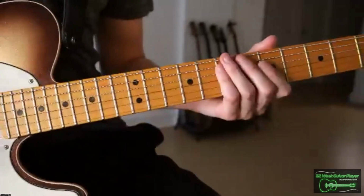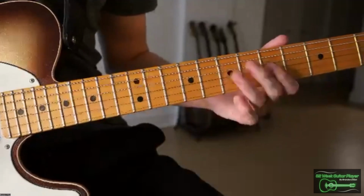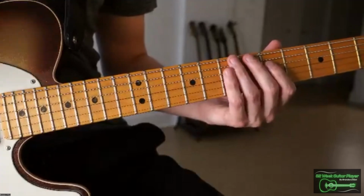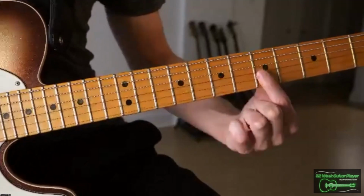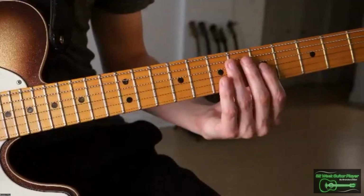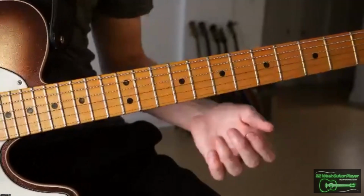I might play just triads. The notes of A minor are A, C, E. And then for C, we have C, E, G. But if I'm going to stay in the same position, I could play G, C, E. And then if I'm now going to play a G chord, you know, I could play that, right? So I could play something like...